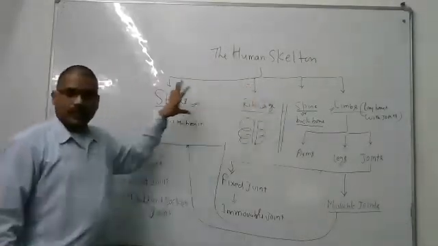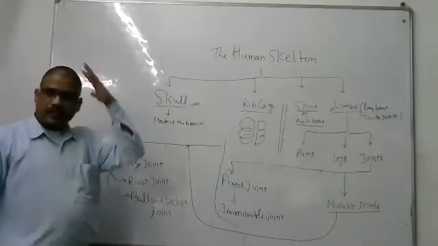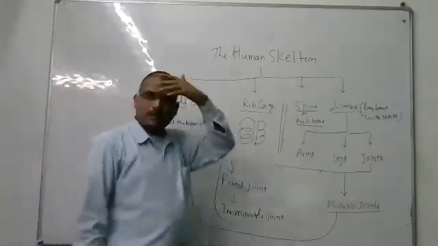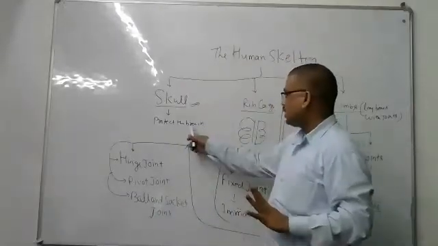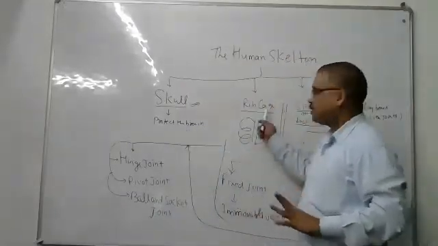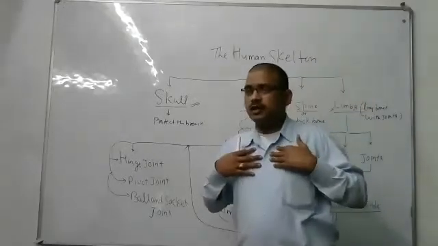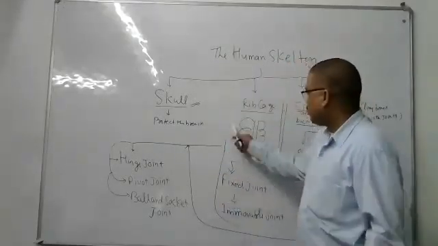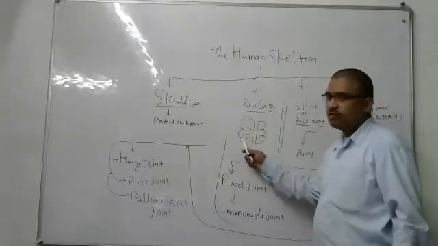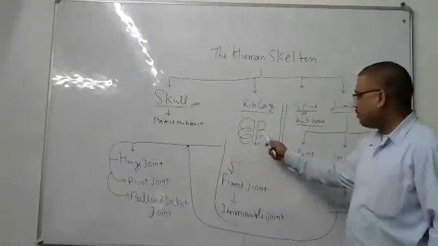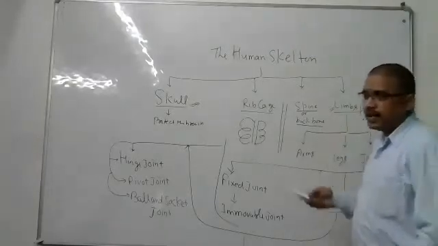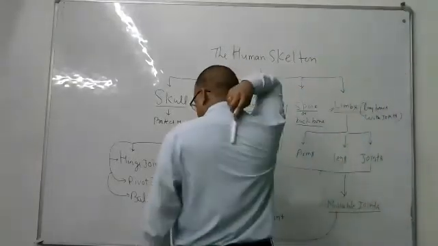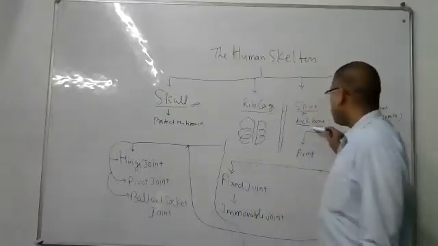Again, there is a skull. The skull is the part that covers the brain, and it basically protects the brain. There is a rib cage. This chest part is surrounded by ring-like structures which protect our lungs. There is also the spinal cord, which is on the back side. That is also called the backbone.